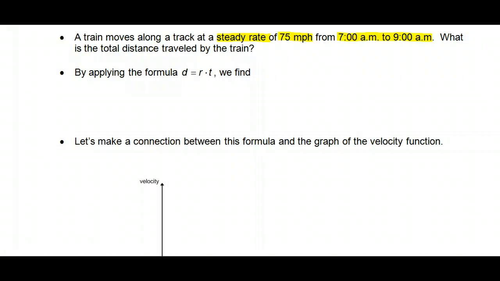This is really a pre-algebra, Algebra 1 concept, but we're going to look at a variation of it in calculus. So we're going to use D equals R times T. D is distance, R is rate, T is time. So D equals the rate. The rate was steady. It was 75 times T. So if it goes from 7 a.m. to 9 a.m., that's 2 hours. So we get 150